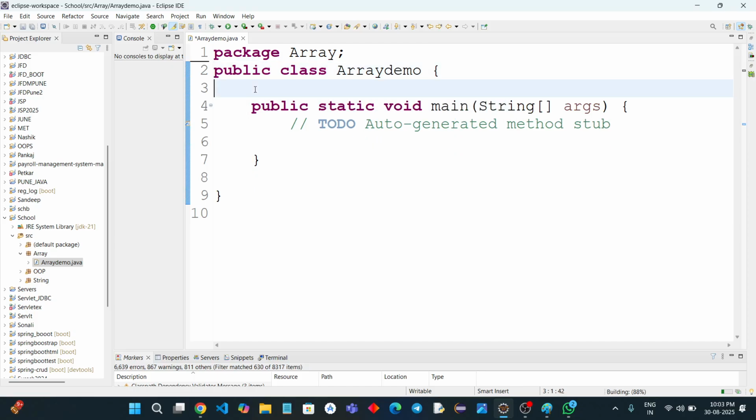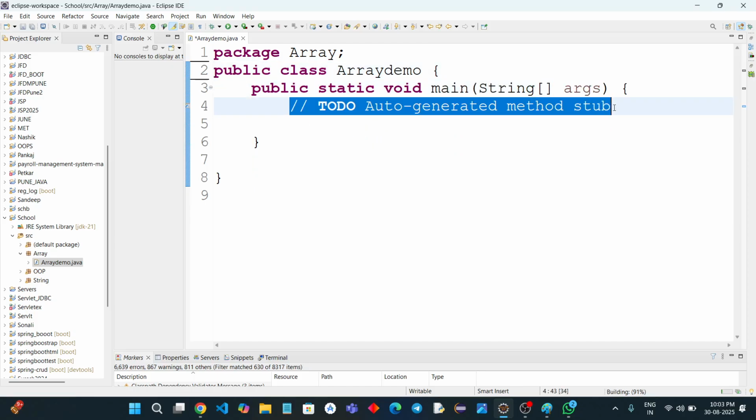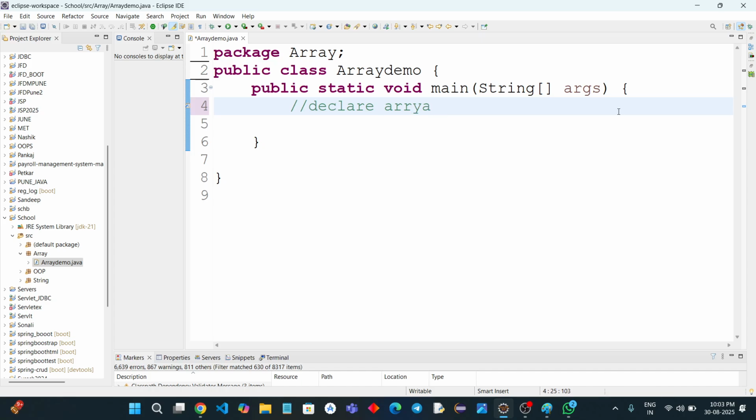First we declare and initialize. So, declare an array of size 5. Then how to declare? First use the data type, then the variable name and the square brackets, is equal to new